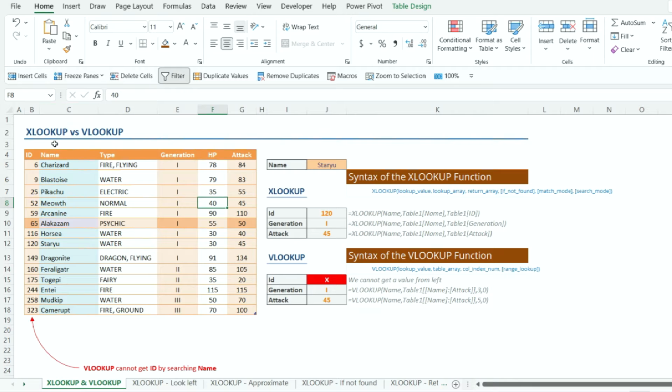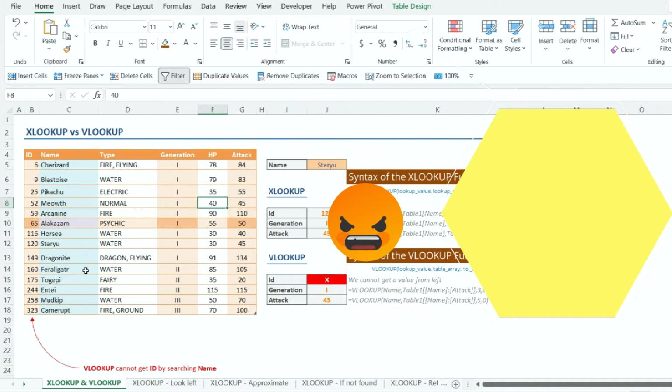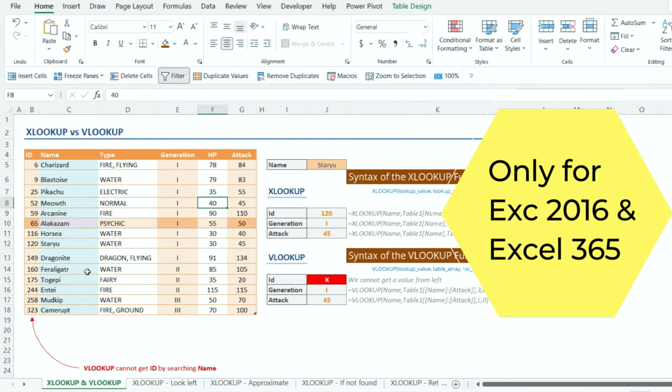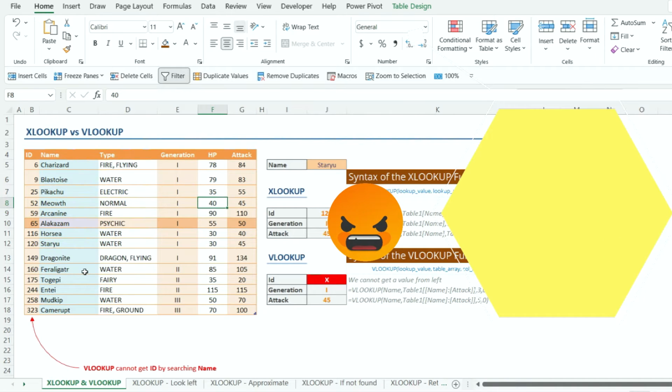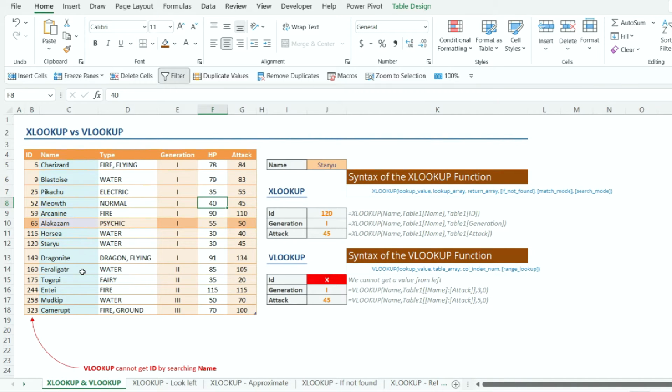Then a disclaimer before we start: XLOOKUP will only be available for anyone who has Excel 2016 forward and Microsoft 365. Those using Excel Online, you're still able to access this. Okay, let's start with